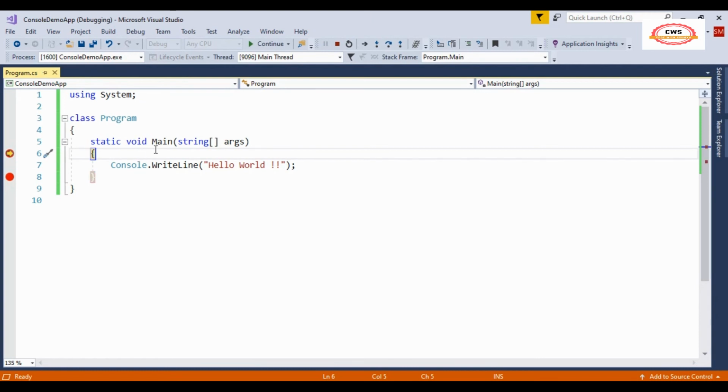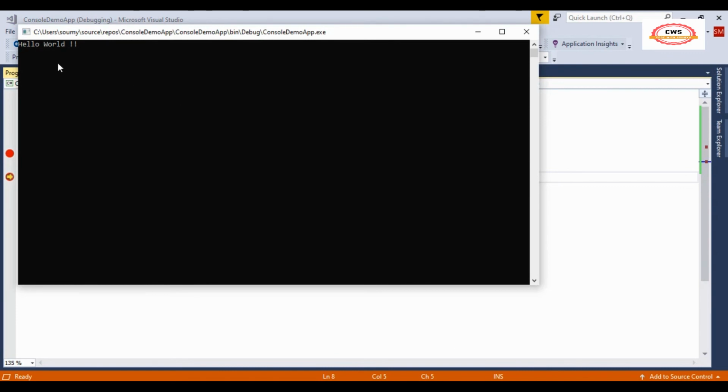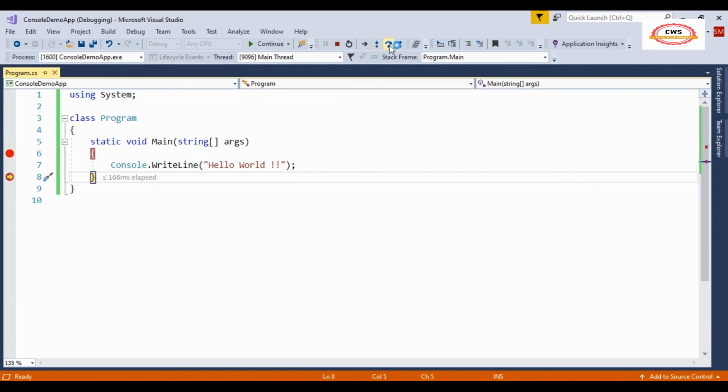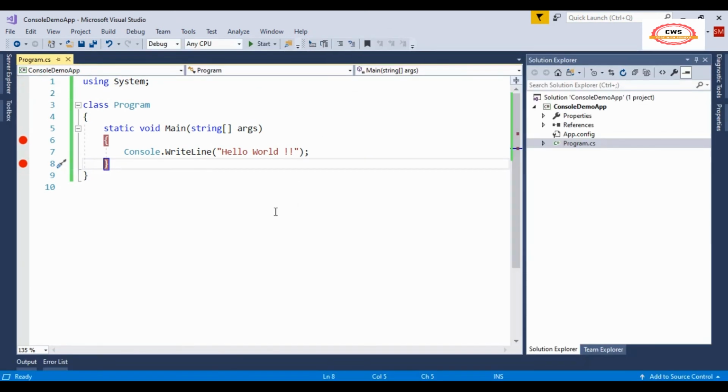Now you can see the cursor first comes to the main method, then it will run the code that is written under main. Once executed, you can see that hello world has been printed. Then it will come out of the program, meaning the program execution has been completed. So I think the main method is clear to you.